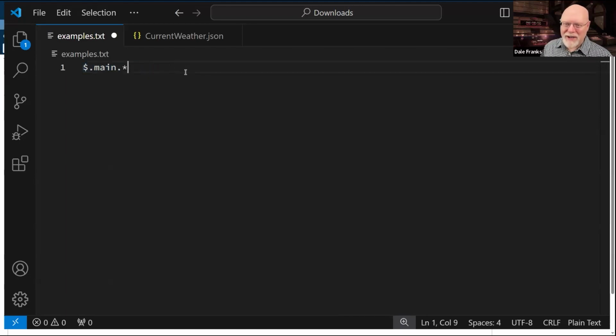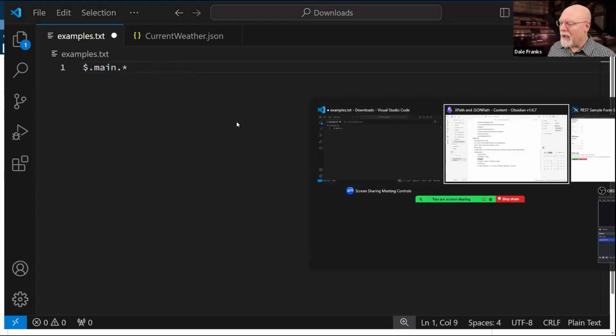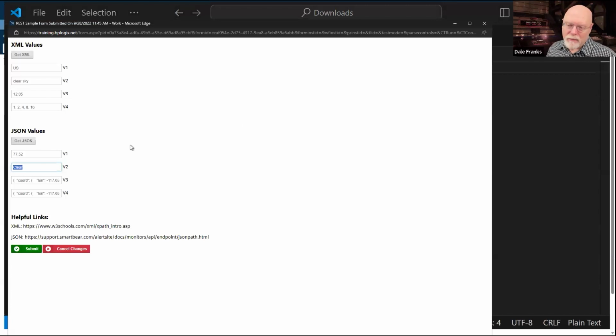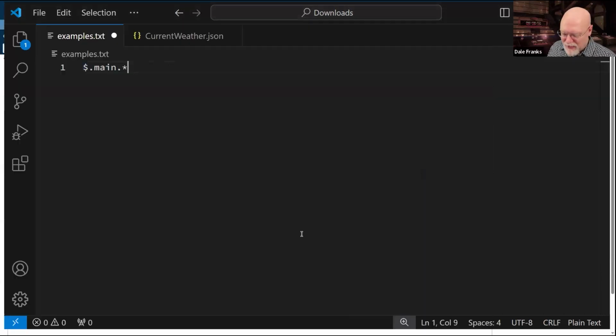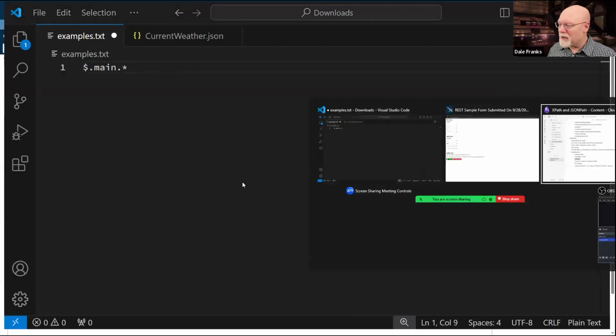Why am I sitting here manually typing it? $.main.star. Now, in this particular case, the asterisk works the way that we would expect it to work. It is, in fact, a wildcard character that means everything. So it's basically going to allow me to return all of the data.